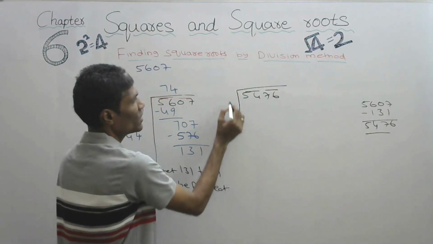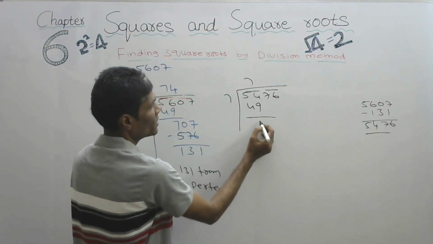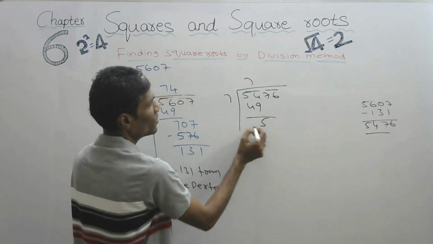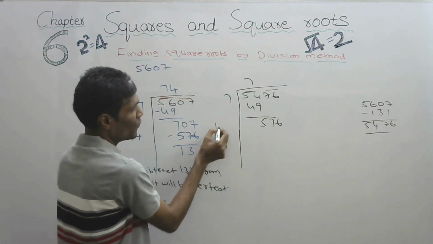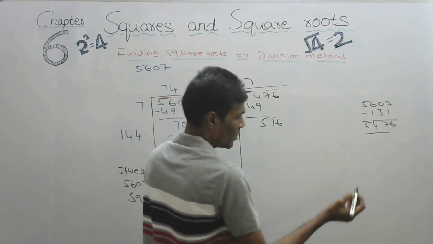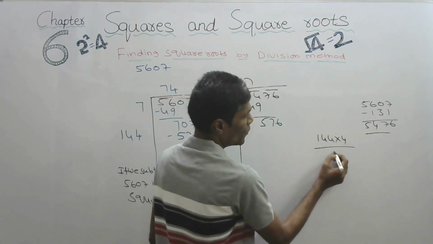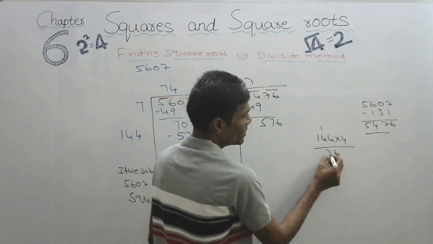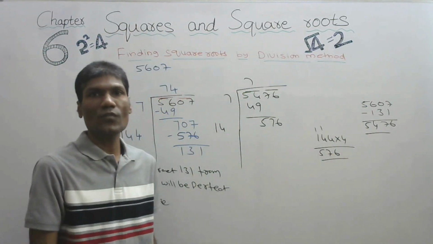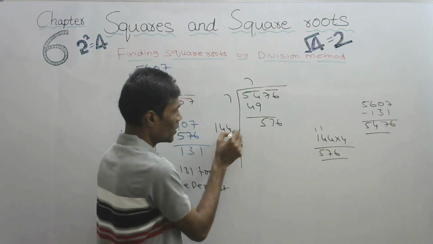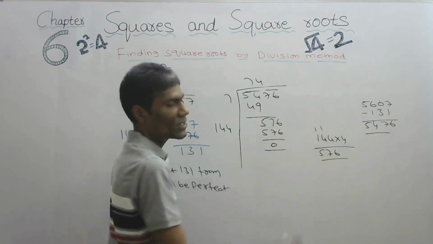Two digits, two digits. 7 sevens are 49. How much? This is 505 and 76. Then double of 7, 14. Now, let us check it out with 144 into 4. 4 fours are 16, 1 4 4s are 16, 1 17, 1 4 1s are 4 plus 1, 5. 144 fours are 576. So, this is a perfect square.